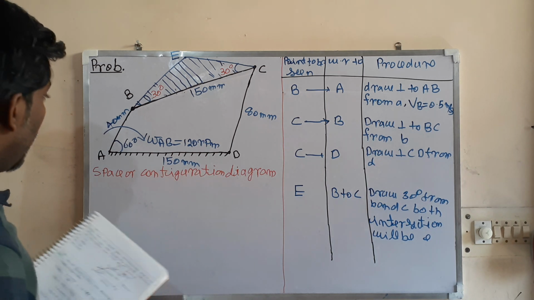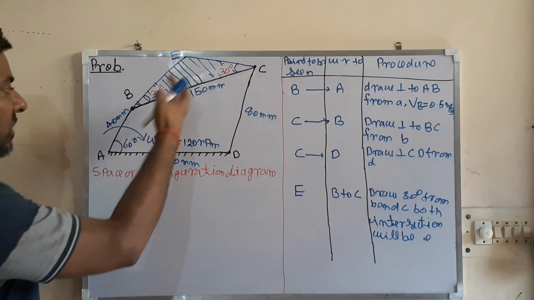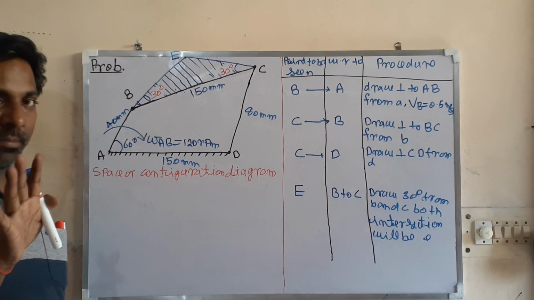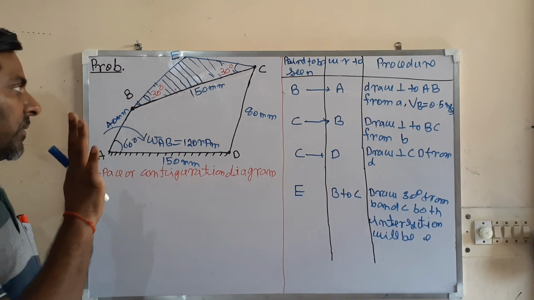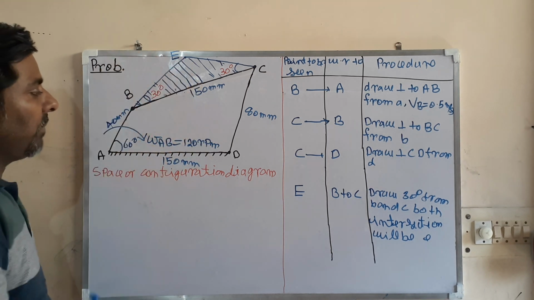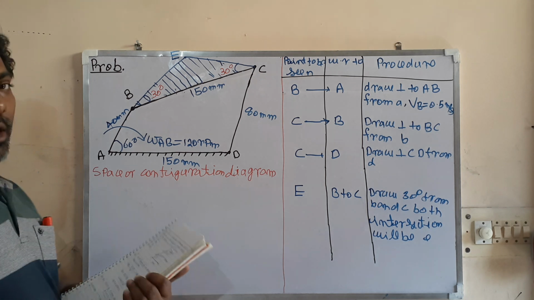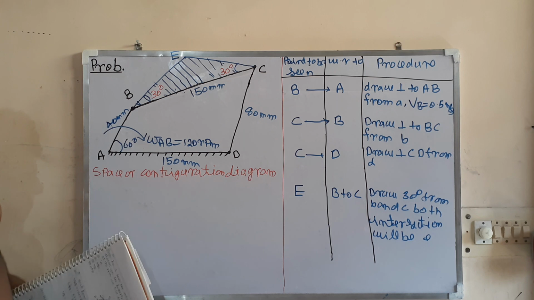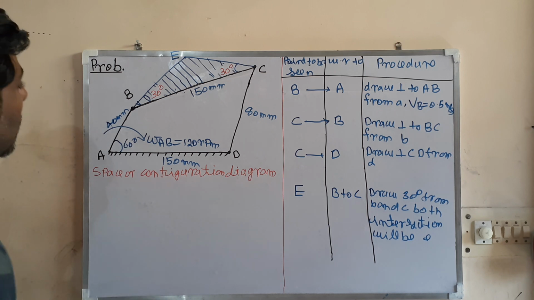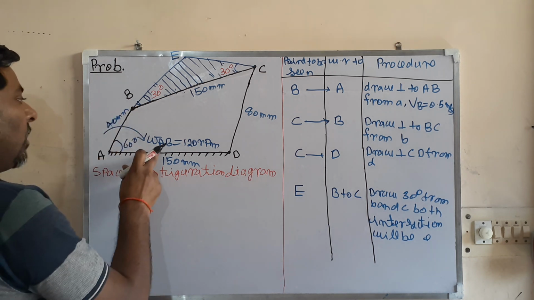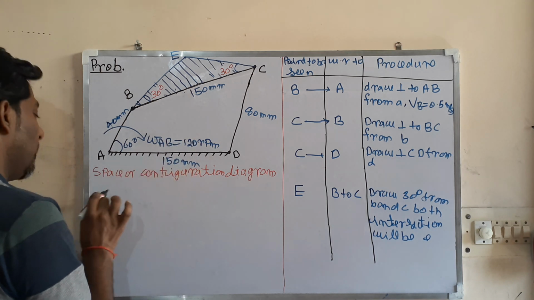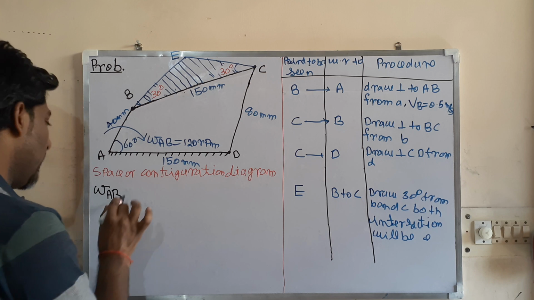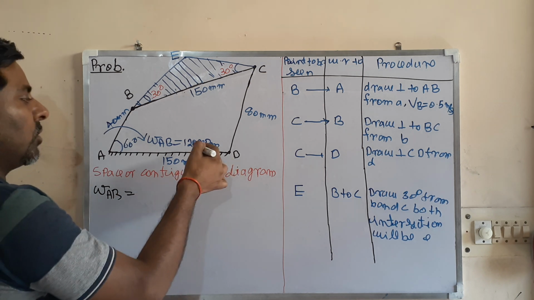I have taken 20 mm equal to 1 centimeter. So the smallest will be 2 centimeter and the largest will be 7.5 centimeter, which is comfortable. Accordingly, I have made it here. Then what you have to do, calculate the velocity of at least one point. Means first of all you have to calculate the velocity. Look here, the angular velocity is given in rpm. So what will be omega of this link AB? Omega is equal to 2 pi n divided by 60.